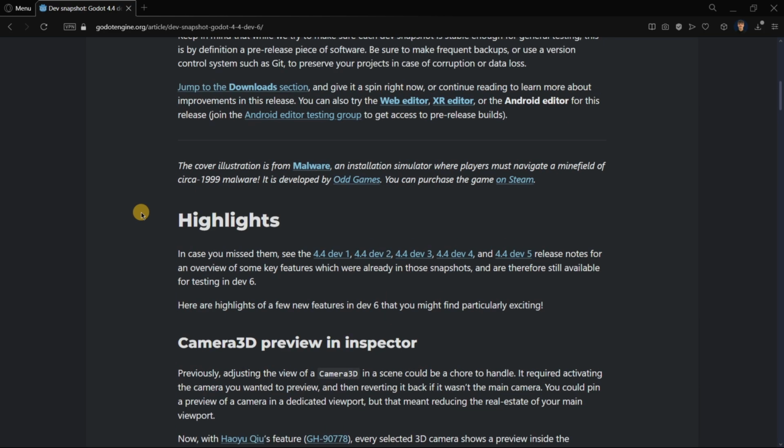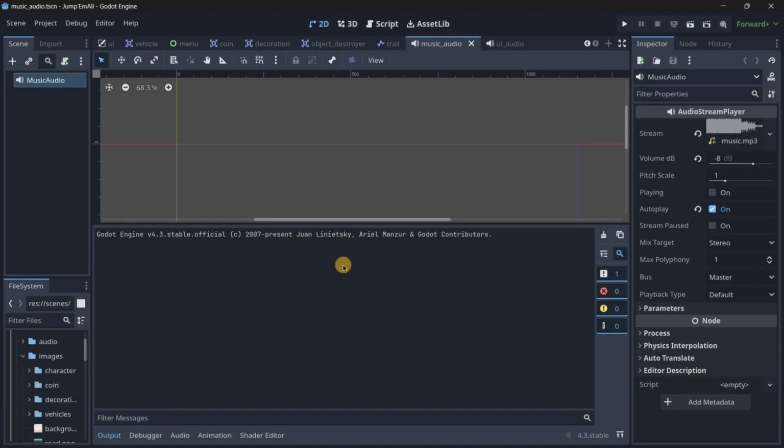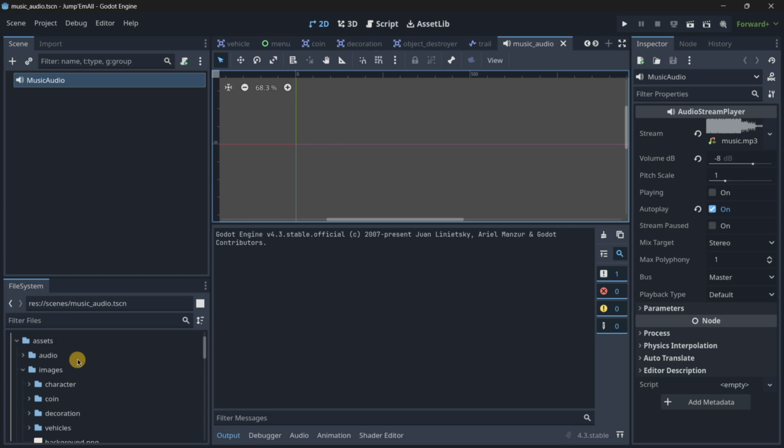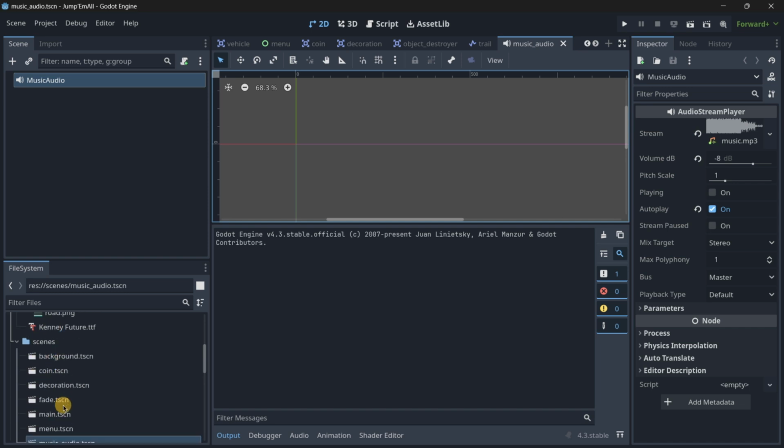But well, this is a dev release, so as this is not a stable one, you may not know whether to use a dev release or not. Well, for this, what I want to do is to provide a practical example with a project of mine. So this is a project that I have, so let me open up the main scene,